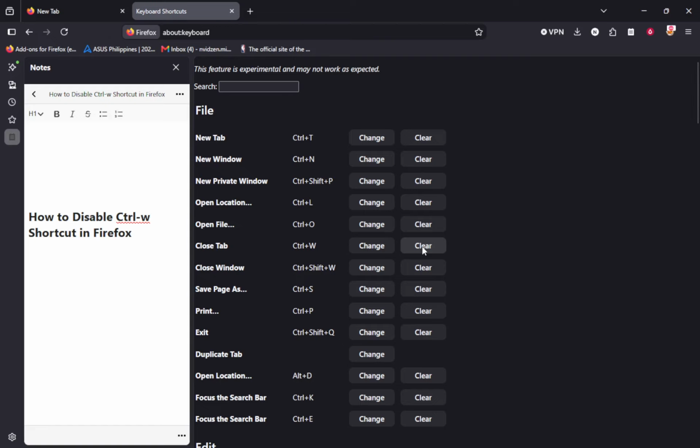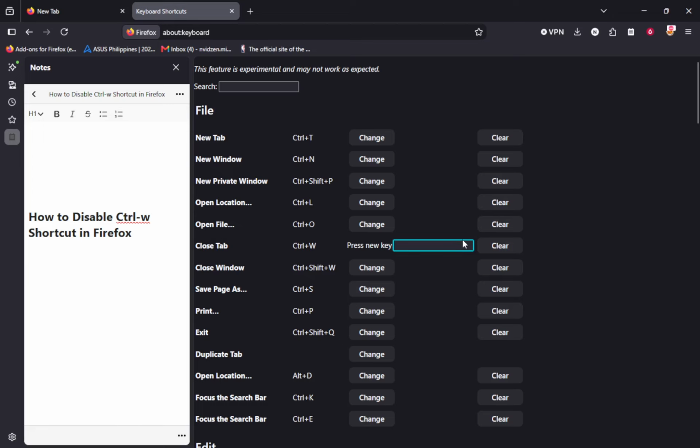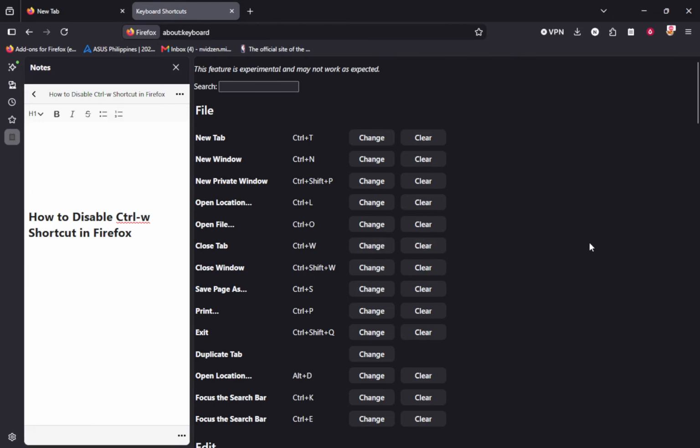Clear or disable the shortcut using the control provided next to Ctrl W. This might be a small delete icon, an X, or a specific disable control depending on your Firefox version. After you change it, the list should update so that the Ctrl W combination no longer appears for that action. In most versions, this change takes effect immediately, so pressing Ctrl W will stop closing tabs right away.